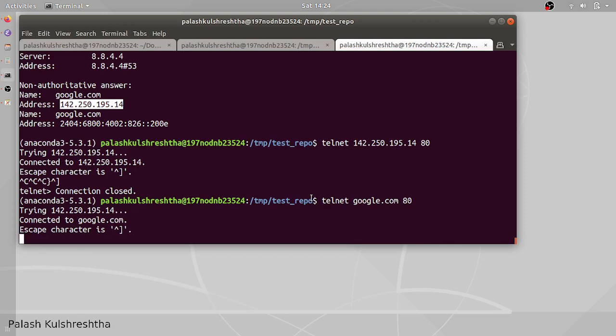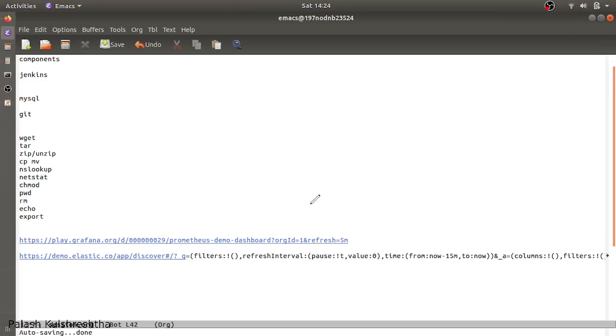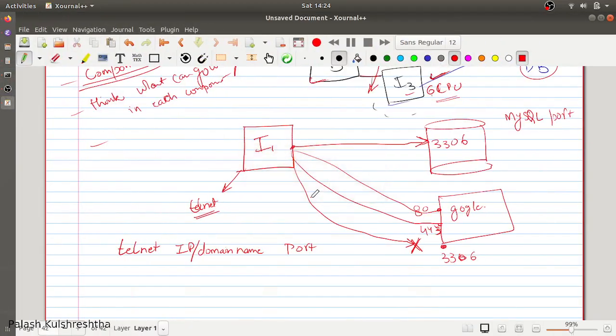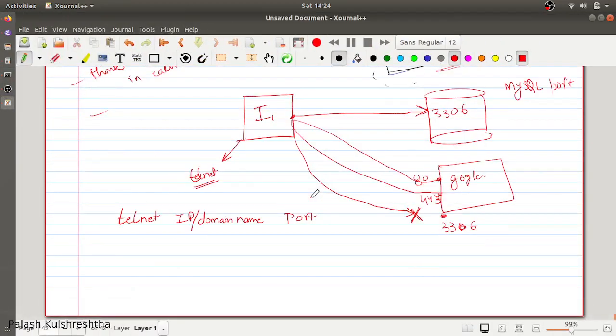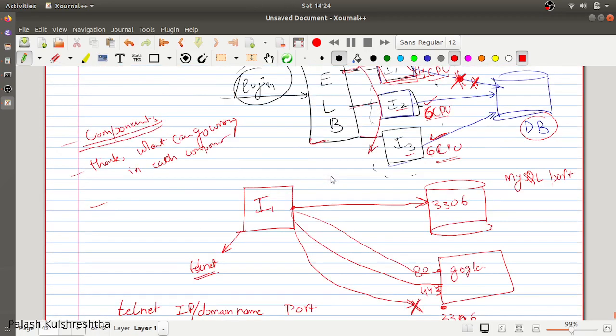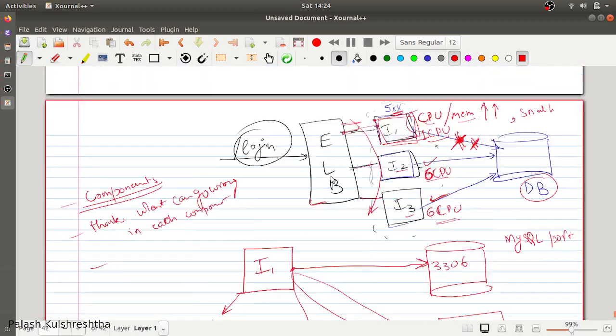It is just a mapping of a name to an IP address. That's it. It doesn't have any special meaning. Okay, so that is how we are going to debug 5xx.